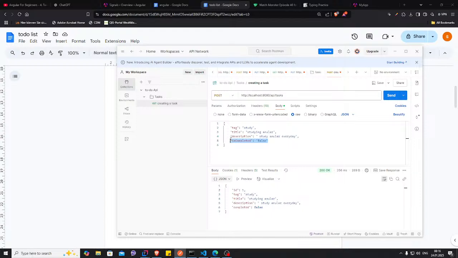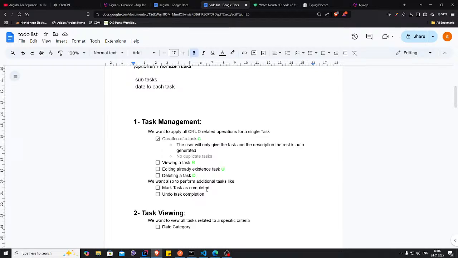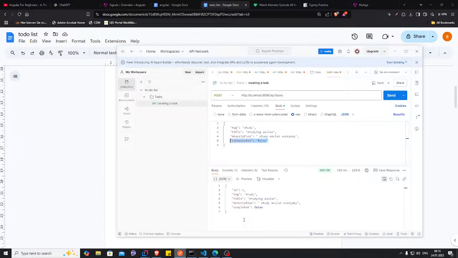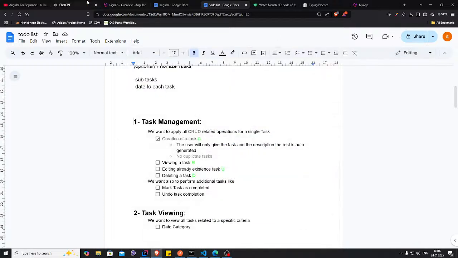I was thinking on maybe delaying that part till I finish the entire app, but since we are on the post request, might as well just do it. So we'll give it and the rest is auto. Yeah, the ID is auto, but I'm not sure about the tag. I think you'll have to at least pick the tag for it, or at least make it an option. But I guess that part will be for the front end, not the back end. Anyway,